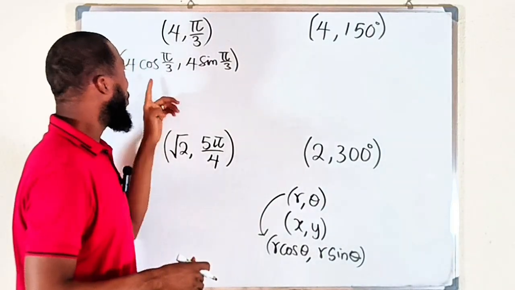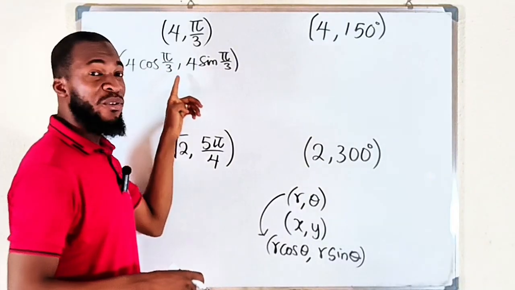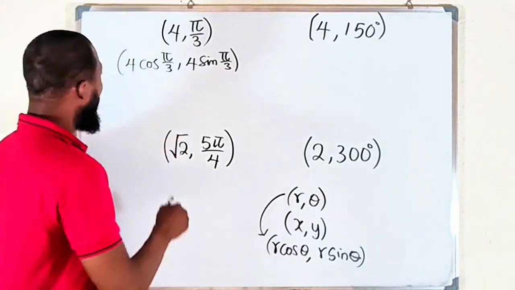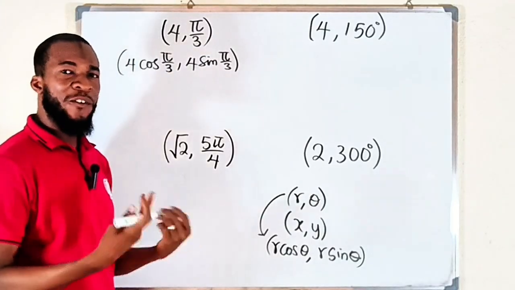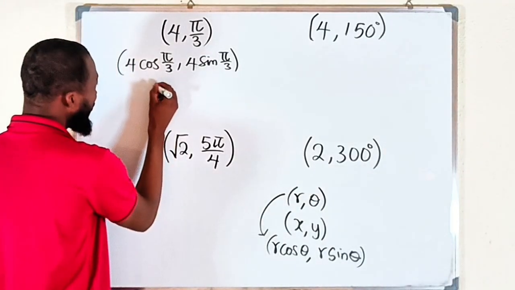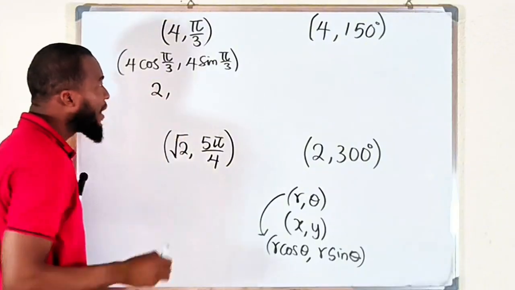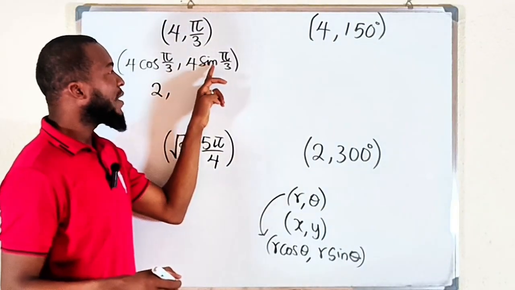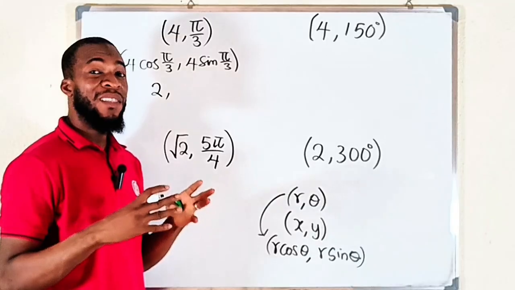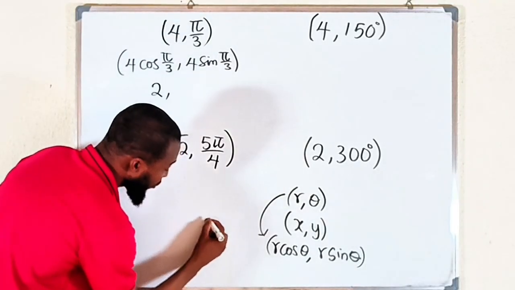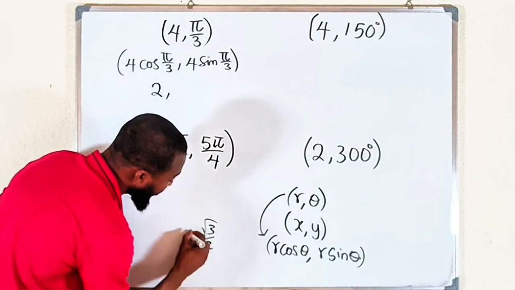We know that cosine of 60 degrees is 1 over 2. So we have 1 over 2 times 4. That is half of 4, which is 2, right? So this is 2, comma. What is sine of 60 degrees or pi over 3? It is square root of 3 divided by 2. And if you take square root of 3 divided by 2, you multiply that by 4